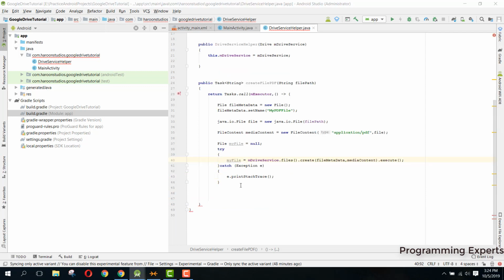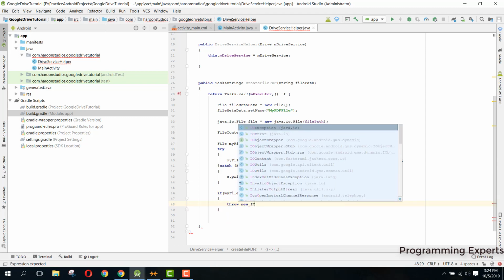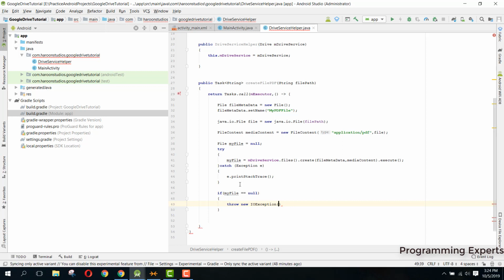And after this try catch block, here we can check if file and my file equal to null, then we need to throw an exception. We can say throw new IO exception, and inside it we can say null result when requesting file creation. Alright, and if it is not null, it means that the file is successfully updated and uploaded,